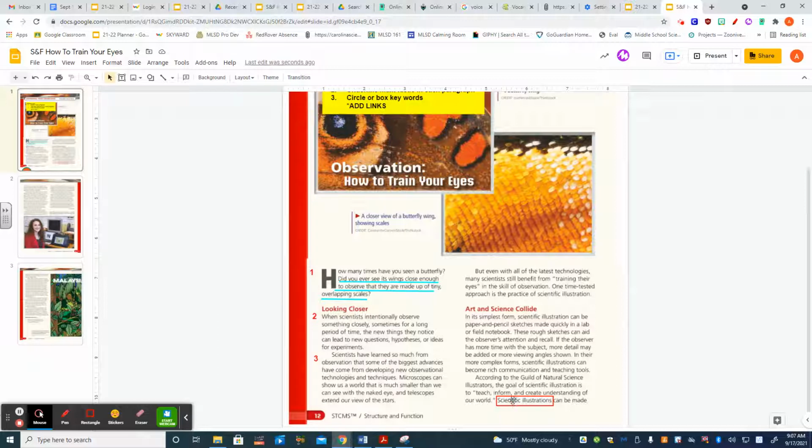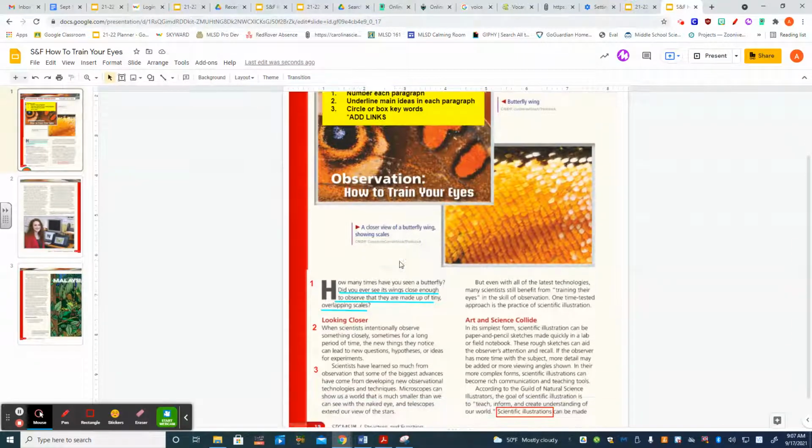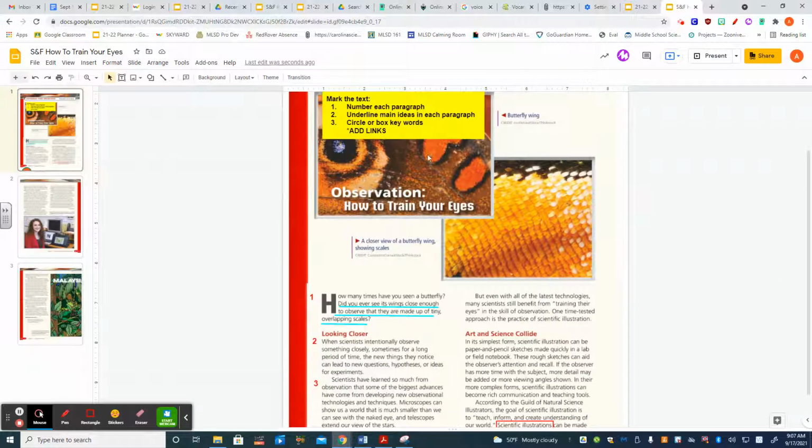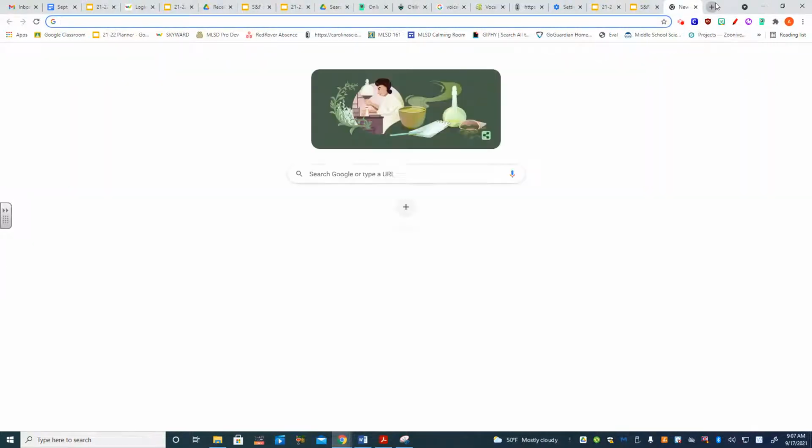Now, the last thing is an extra, because we like extra. An extra that really makes your reading interesting and memorable is if you add links in your reading to other information or helpful things. So I might link this box to the definition of what scientific illustration means. I'm just going to Google search